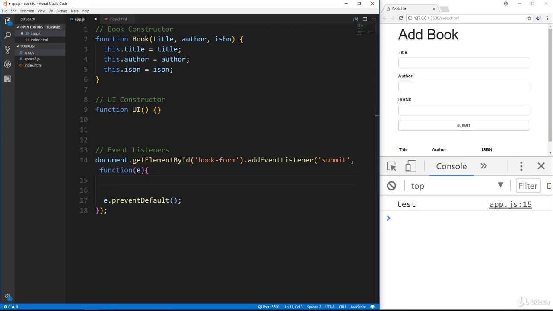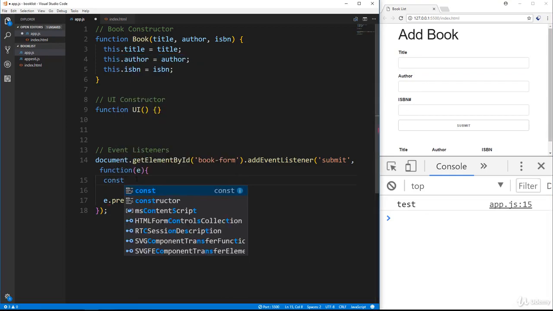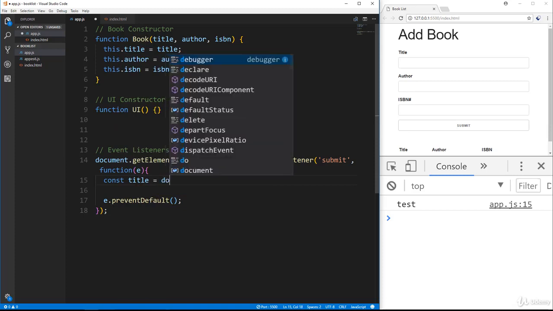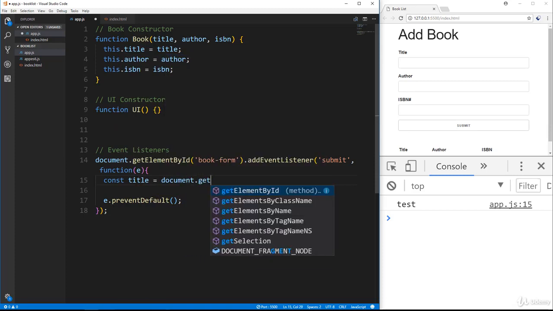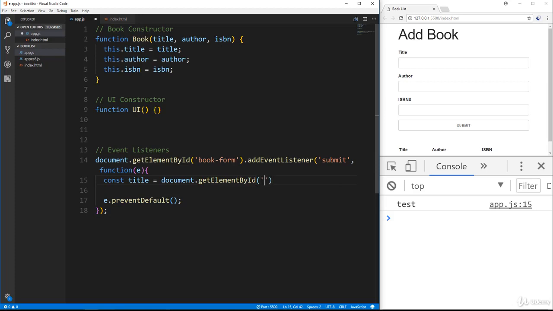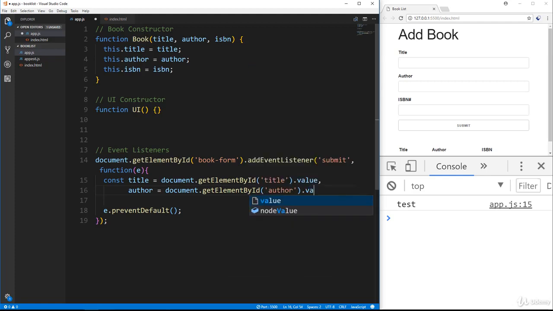All right, so what do we want to happen when we submit? First thing we want to do is get these fields. So let's create a bunch of variables here. We'll say const title equals document.getElementById title, and we want the value. Okay, and let's just put a comma here, and then we don't have to keep writing const. So we'll say author equals getElementById author, comma, and then we'll say ISBN equals